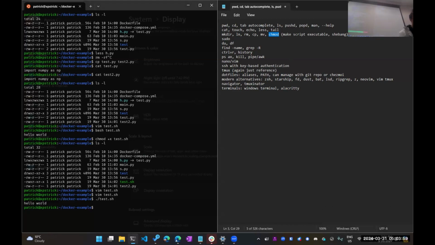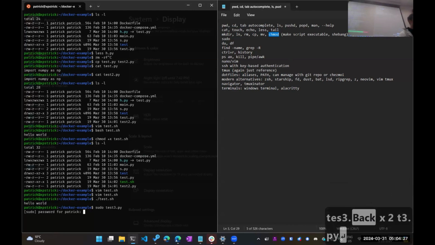And another command is chown, which changes the permissions for a file. And these are these sections in the middle here. So right now, I'm the owner of this file. If I go into sudo mode, which I just use the sudo command, and I use that to create a file, test3.py,